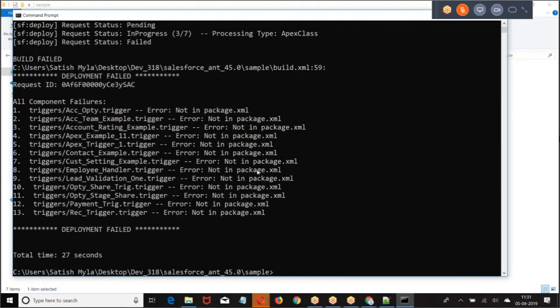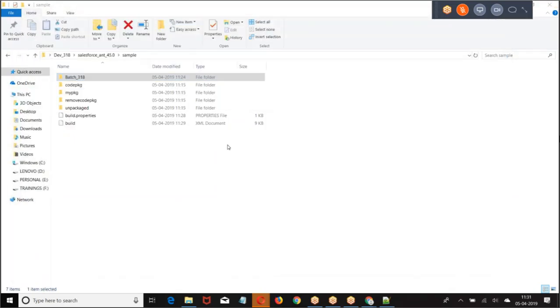Again, deploy failed. Contact example trigger. See, still the changes are not uploaded here.